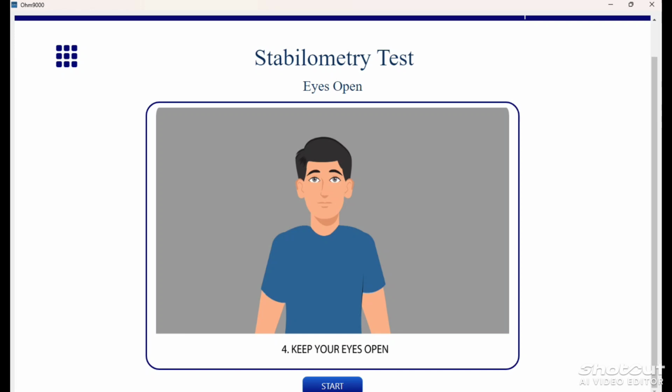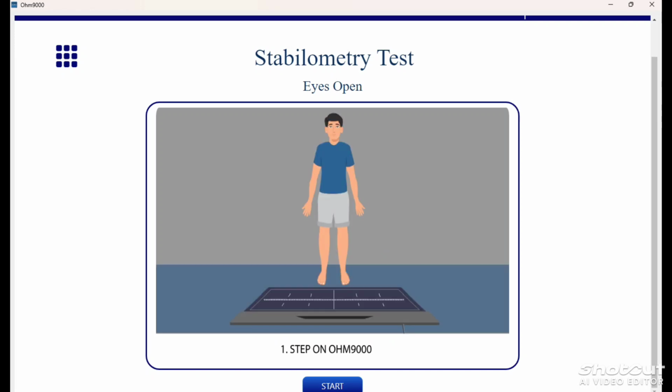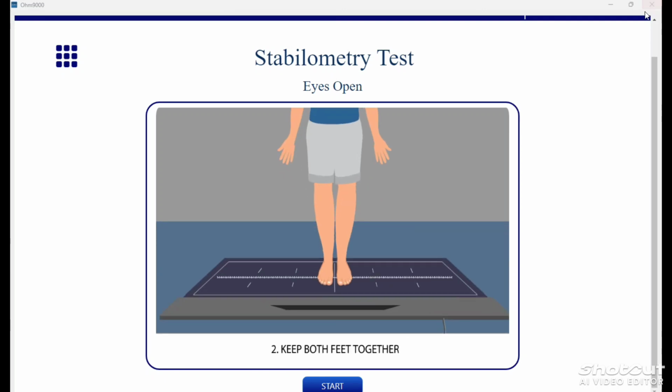After all the instructions are given and the subject is standing like the example data, we need to click on the start button.